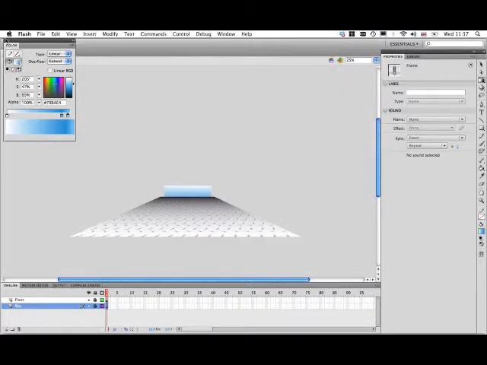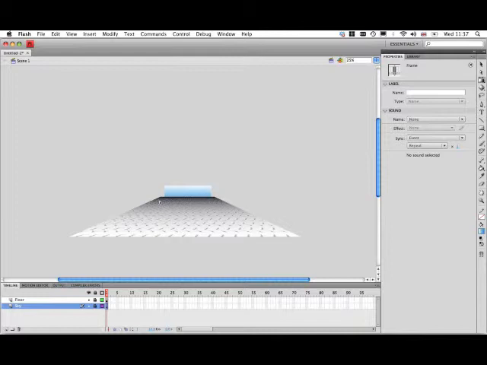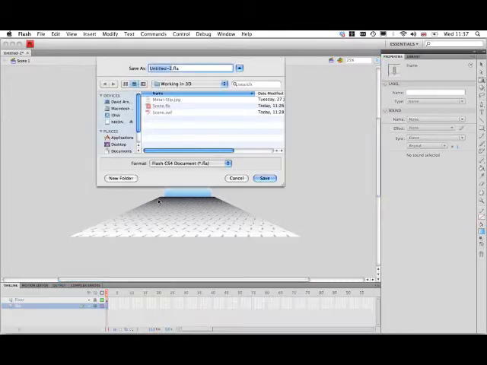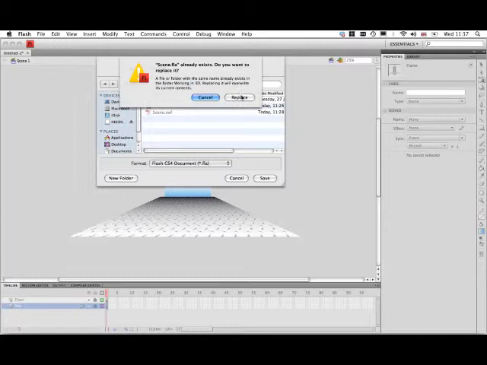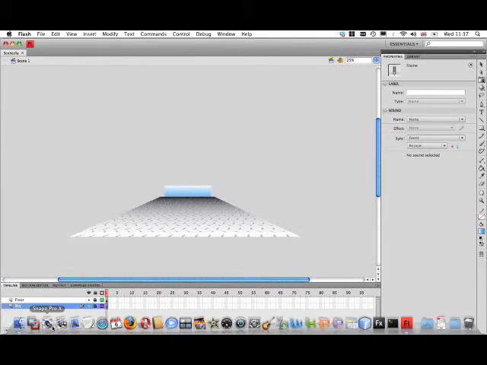Okay, so we've managed to achieve our sort of layout, our scene. What we now need to move on to is think a bit about our movement. So let's save the file there. We'll save it as scene.fla in that folder. And we'll move on to the